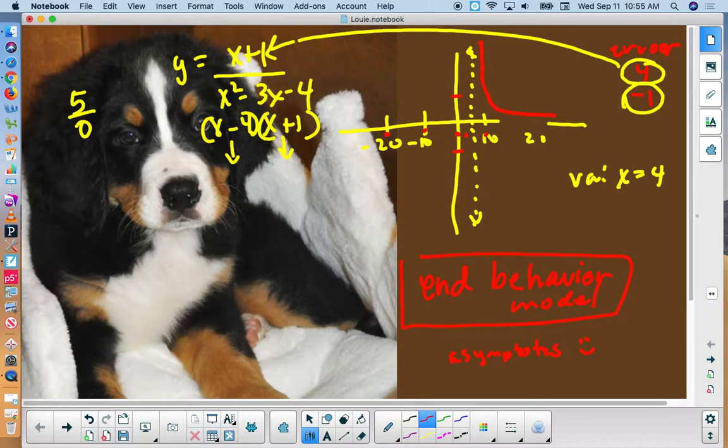You'll find a few points. You don't need many. The good news here is you don't need many points once you've got your asymptotes in place. Oh, let me pause for a minute and go to some